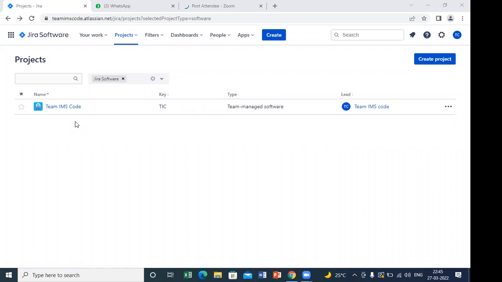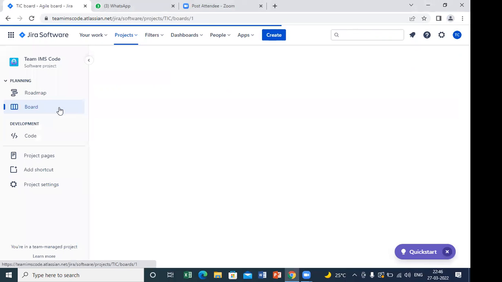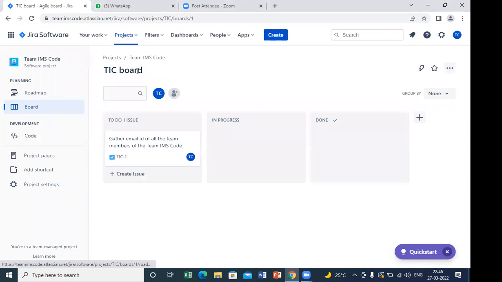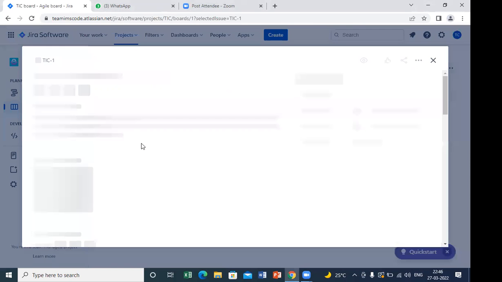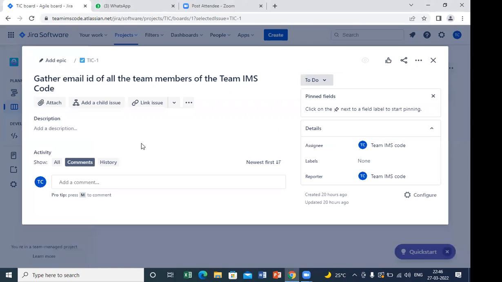So here I'll go through the project I created. This is just an example. I created Team IMS code yesterday, and if I click on it, this is the board. I created an issue for myself, and if I open this one, I assigned it to you. It can be anything, as easy as this one: gather email IDs of all the team members. So I created and assigned this issue to myself. Once this is complete, I can simply